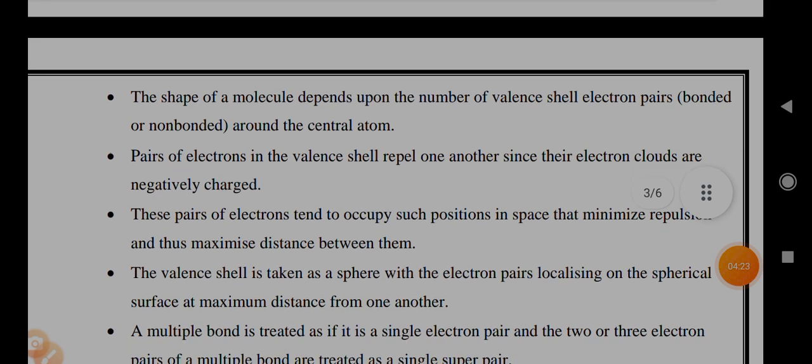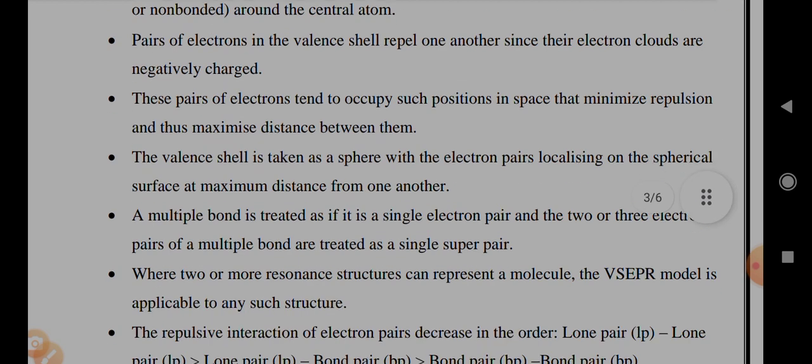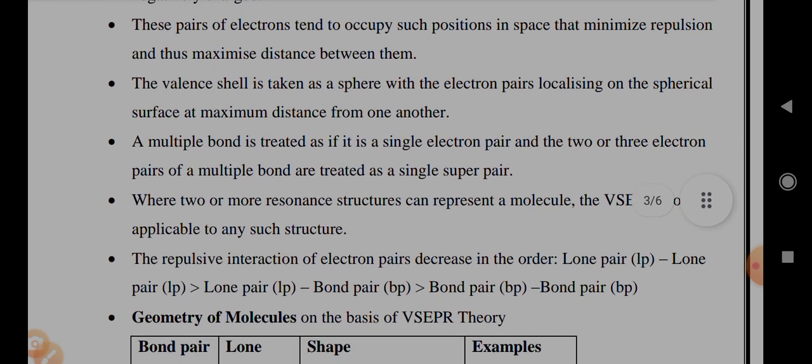VSEPR theory. The shape of a molecule depends upon the number of valence shell electron pairs, bonded or non-bonded, around the central atom. Pairs of electrons in the valence shell repel one another since their electron clouds are negatively charged. These pairs of electrons tend to occupy such positions in space that minimize repulsion and thus maximize distance between them. The valence shell is taken as a sphere with the electron pairs localizing on the spherical surface at maximum distance